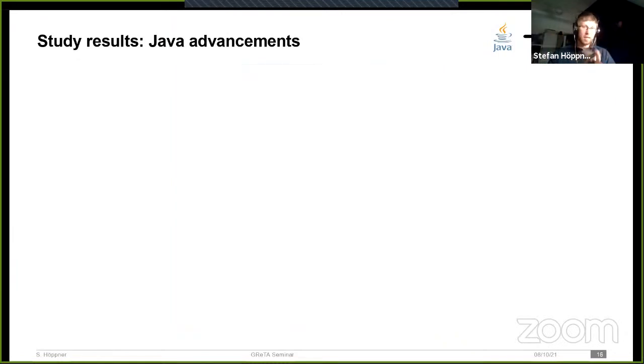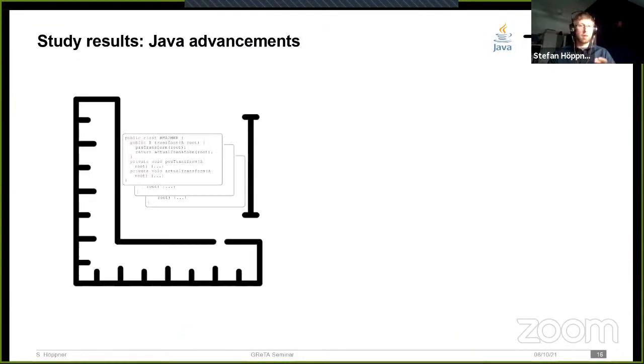Moving away from complexity towards the size comparisons in Java that we made, we found that the size, when measured in lines of code, is greatly reduced between Java 5 and Java 14. So we now need a lot fewer lines of code to write our Java transformations.